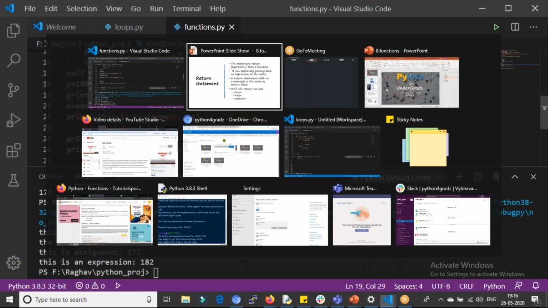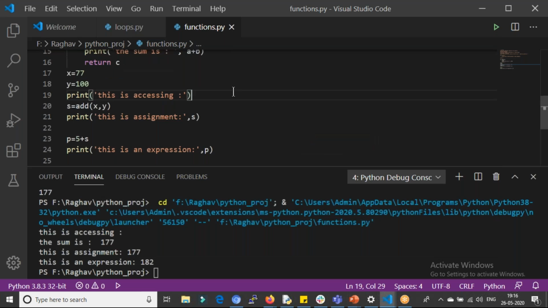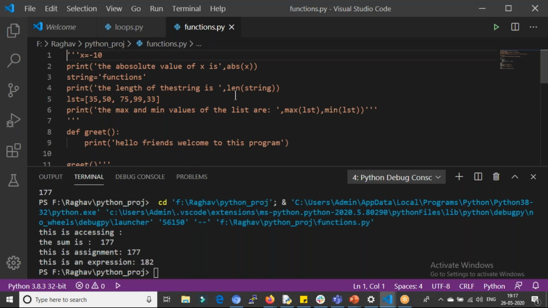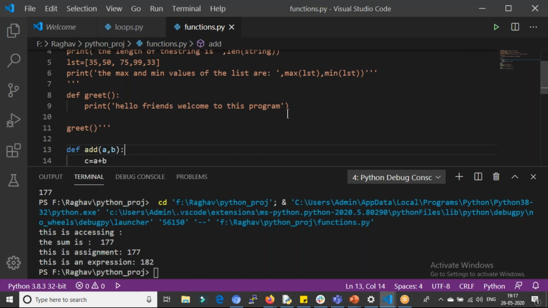Okay, so this is the return statement, and return is very important when we are using functions, right? Because if you want any value from inside the function, then you have to use return at any cost. Like in this, what is getting returned? The number of characters inside the string is getting returned. In max, the maximum number is getting returned. In min, the minimum value is getting returned. So most of the functions use the return statement.